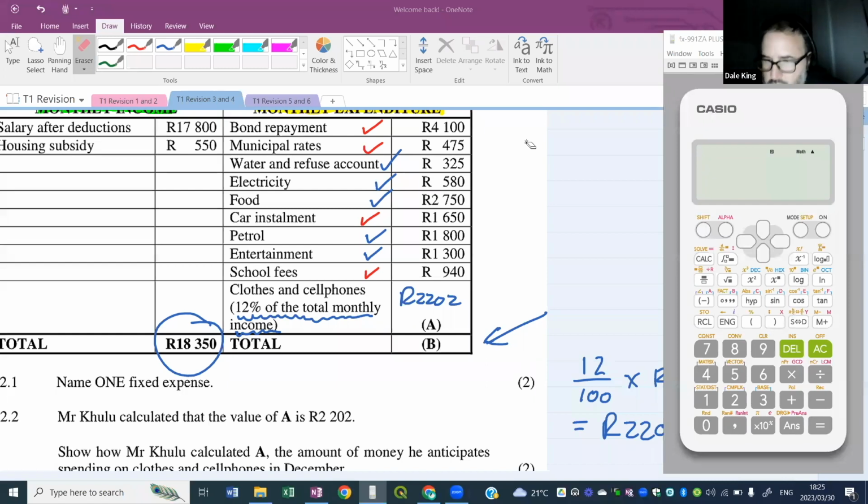Okay, so while the answers are coming in there, I'm going to start doing it on my calculator. So 4100 plus 475, oops, plus 325 plus 580 plus 2750 plus 1650 plus 1800 plus 1300 plus 940 plus 2202. All right, so there we go. I think I've got all my numbers in there. You should have your answer there too. And when I press equals, we get